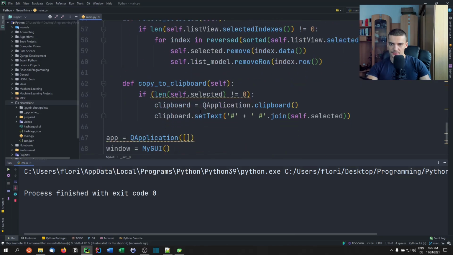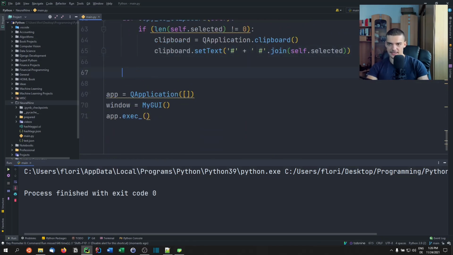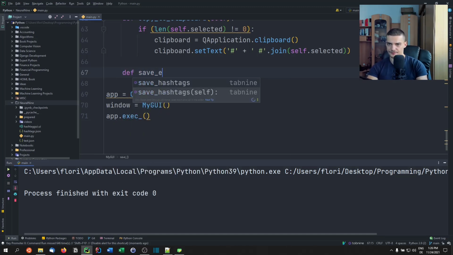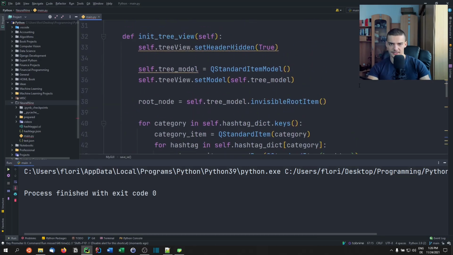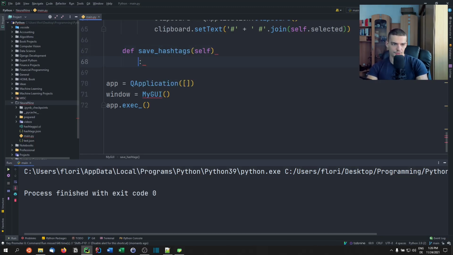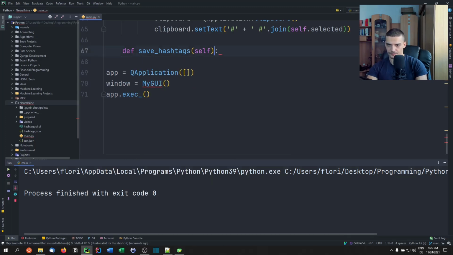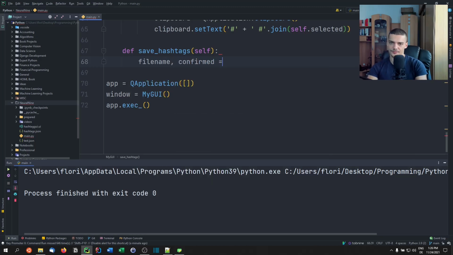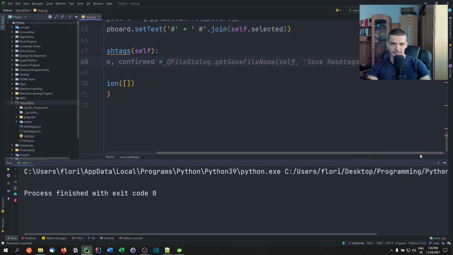All right, last but not least, we're going to go with the open and save. So def save selected. Or actually, did we call it save hashtags? Yeah. Save hashtags is going to use the QFileDialog. So we're going to say file name and confirmed. This is going to be QFileDialog.getSaveFileName, save hashtags, and we're not going to use .pickle here